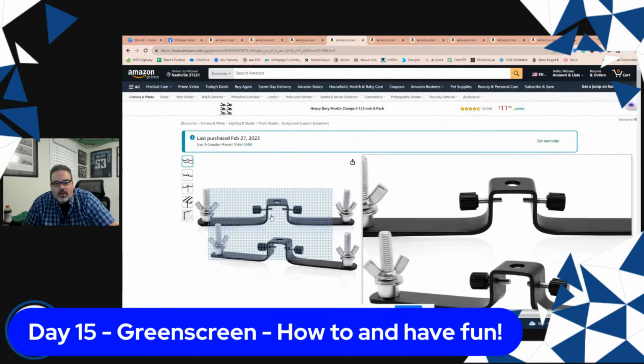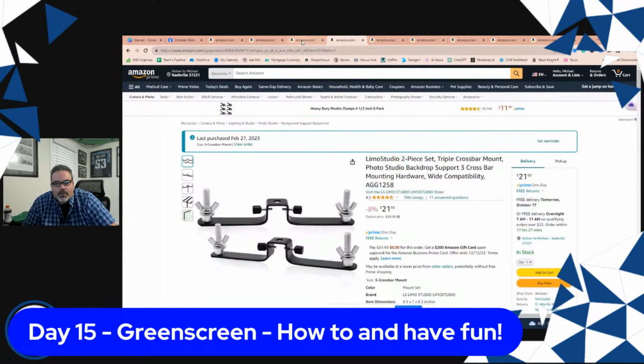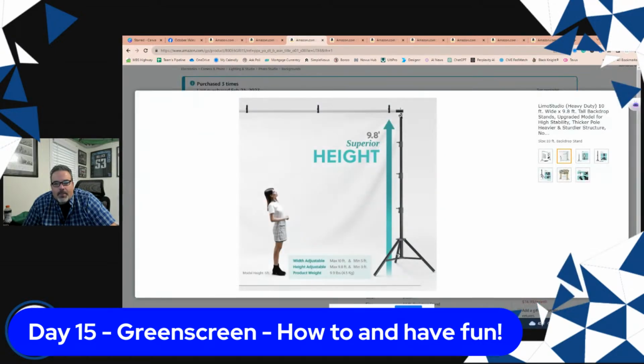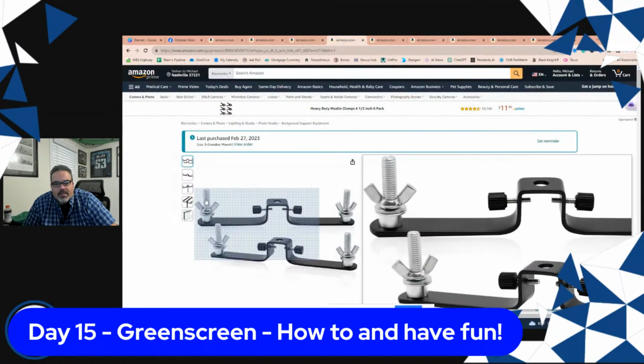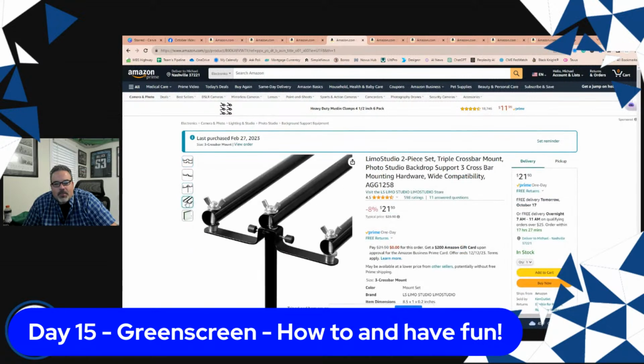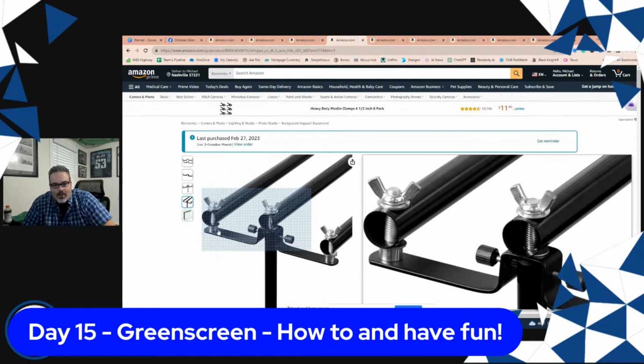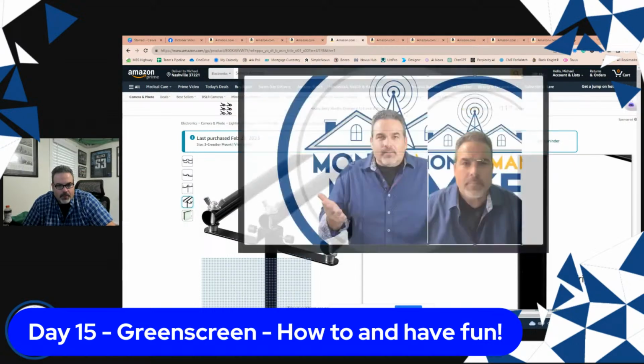So these little clips here, you can put on top of these towers right here. And then you attach these bars to the end of these clips. This is just showing it going backwards, but now you can effectively turn a corner. And now that allows your green screen to evenly turn a corner, because you don't want to crease it. You want a nice, even blended corner. And that way, going back over here,